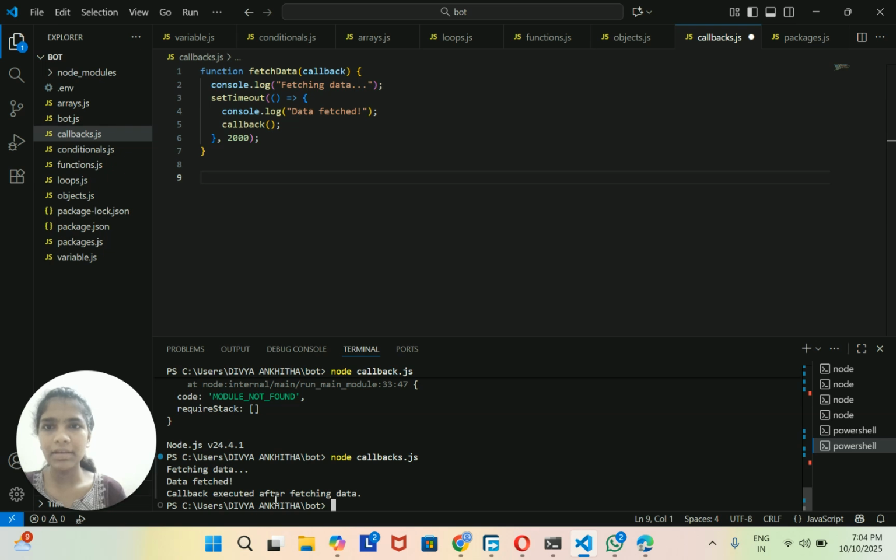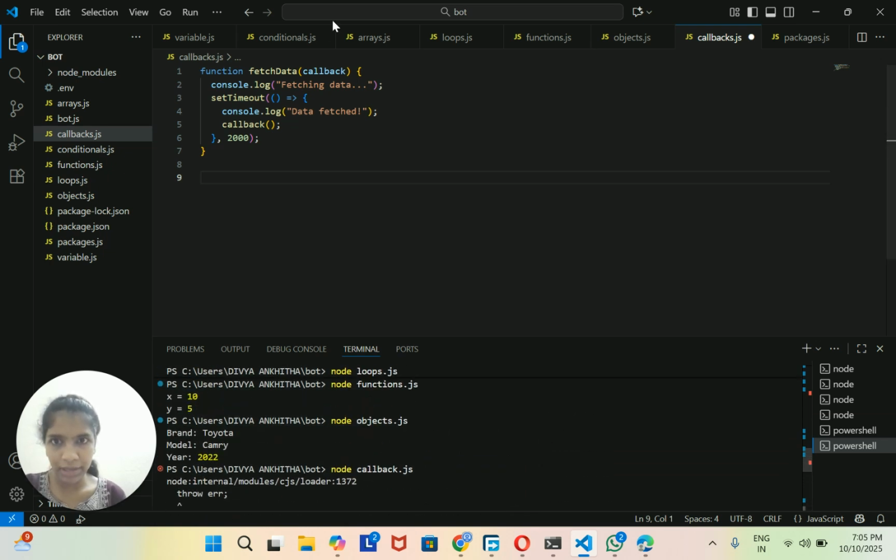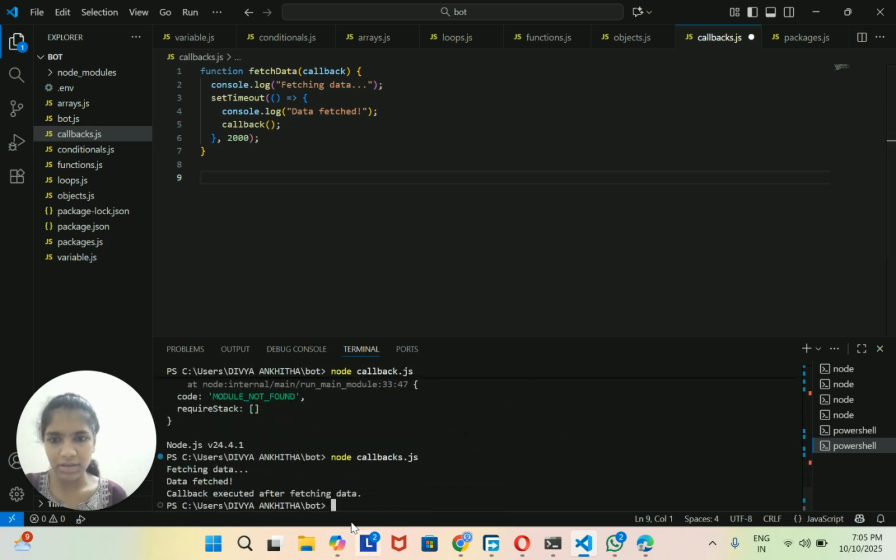Yeah, here we can see the data is fetched in the callback function. Previously I wrote callback only, and I saved this file as callbacks. That's why there is an error showing. And next you can see it prints fetching data, fetched. And next we also have